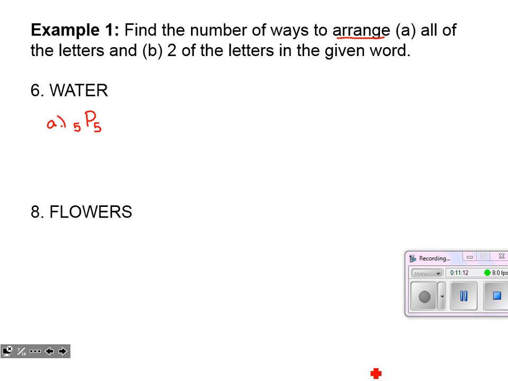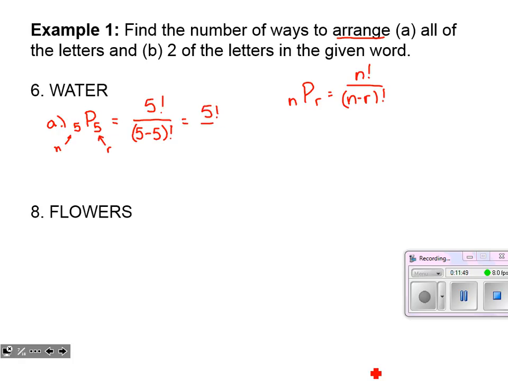Okay, and remember, we see that word arrange, we should be thinking, okay, nPr, lowercase r, that's n factorial over n minus r factorial. So for this first one, remember the number out in front is the n, how many objects. After the p comes the r, how many I'm choosing, or how many I'm arranging in this case. So I've got 5 objects, and that goes over 5 minus, I'm choosing 5 of them, or I'm arranging 5 of them, that factorial.